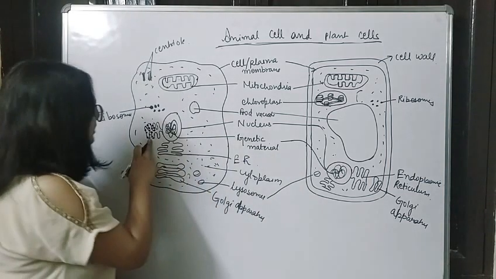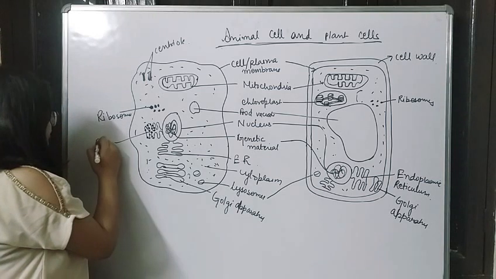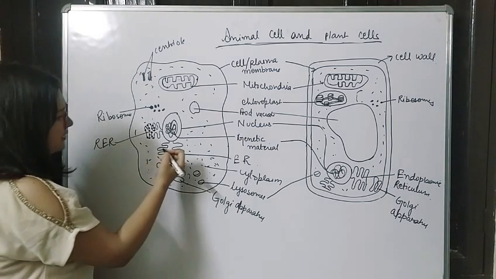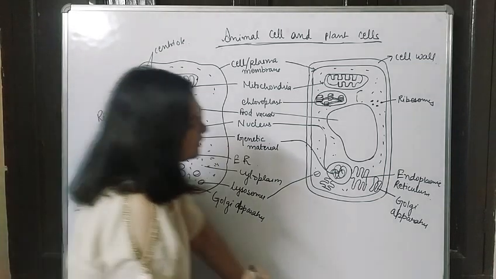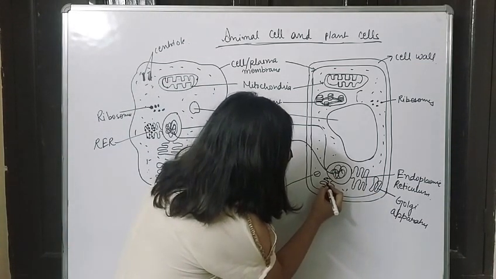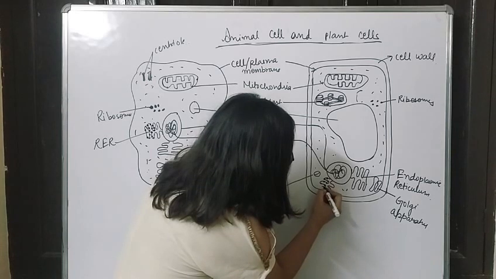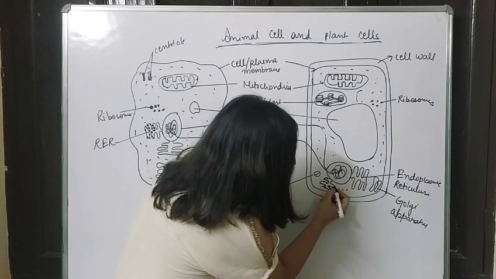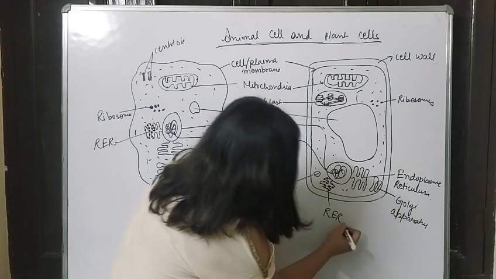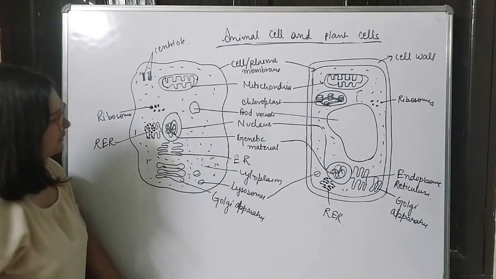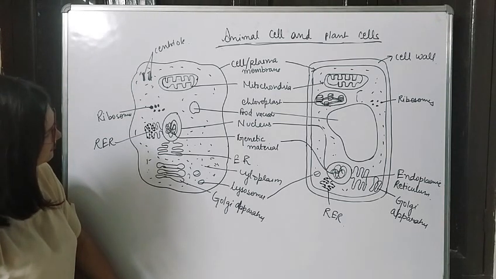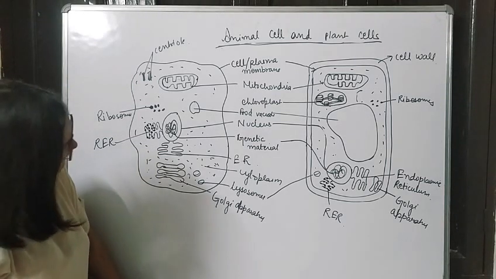Fine. So this one is rough, and so I'm just writing RER, which is your rough endoplasmic reticulum, and this is going to be your smooth endoplasmic reticulum. We'll move on to this. Here I drew one more endoplasmic reticulum, so I'm going to put beads on it just to ensure that this is a rough endoplasmic reticulum. Fine. So class, that's all. I hope I've made all the organelles, nothing is left in it.